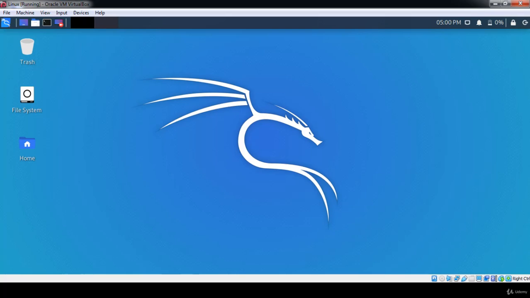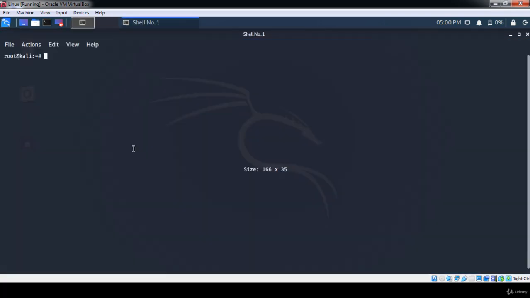Hello again. In the last lecture, I have shown you how to generate the backdoor. In this lecture, I'd like to show you how to use it and how to start listening to this backdoor if the target machine has opened it. So we need to go to command line as usual, and we need to use for this purpose Metasploit framework